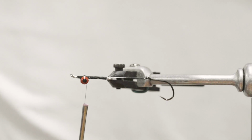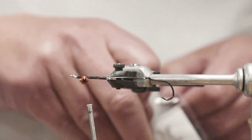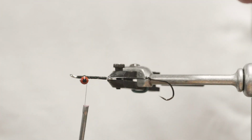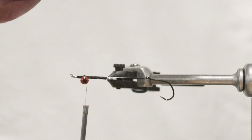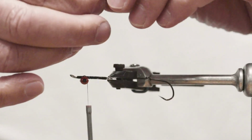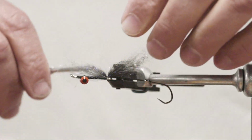So then our first stage of material, we're going to use some black Senyo's Laser Dub, and this is going to go in the tail end of the fly on the back of the shank. So I'm just going to pick out a little bunch and kind of get it fixed out. So I'm going to tie this in, and this is basically going to skirt the trailer wire and also provide a little ramp for our next layer of material. So I'm going to tie that in on top,